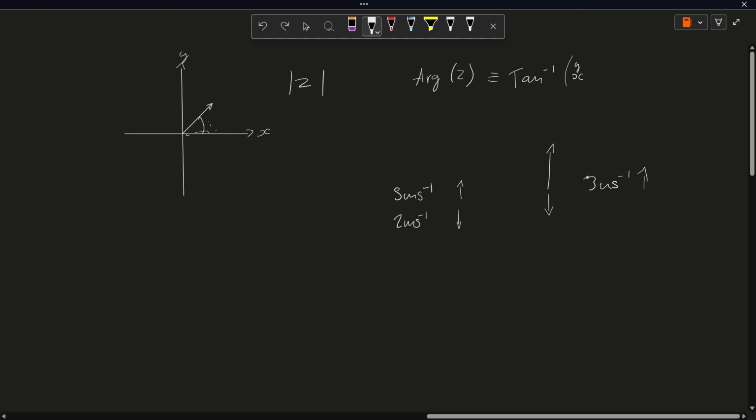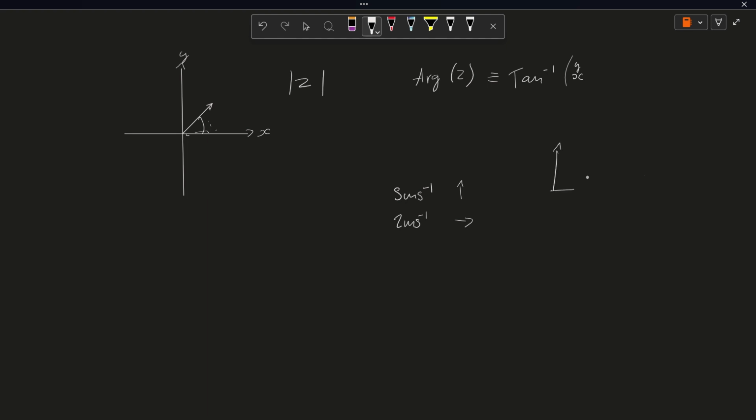But let's say instead they weren't as nice, and they said you weren't moving north, you were moving, start with east. You could represent it again with some arrows. This to me just looks like a triangle. We're going this way, so you can use this angle, or the other way is to just use Pythagoras. 5, 2, 5 squared plus 2 squared is 29. There's our resulting magnitude, which is approximately